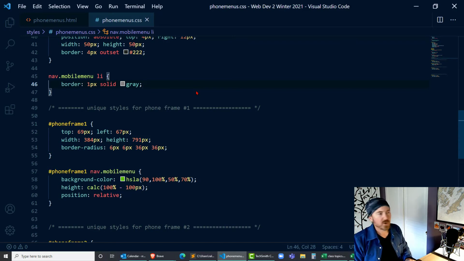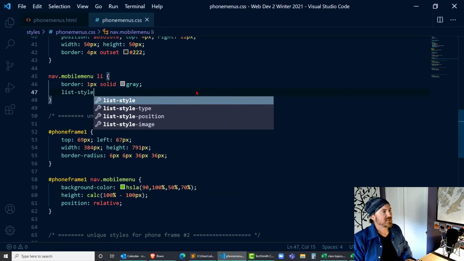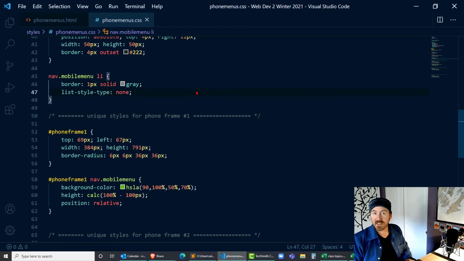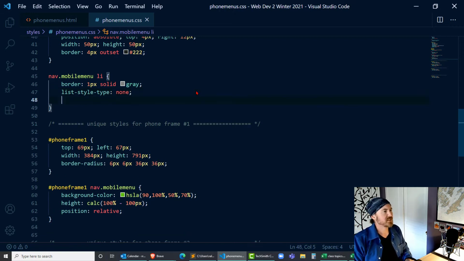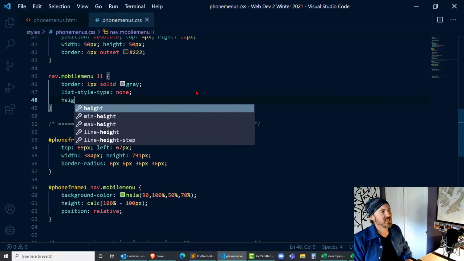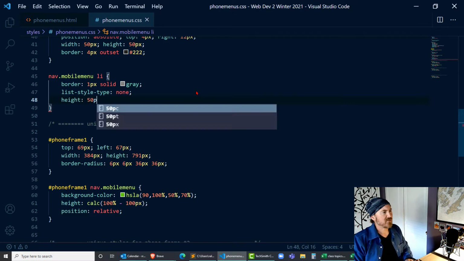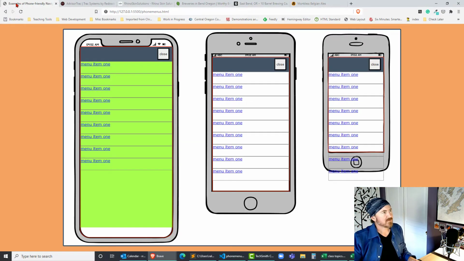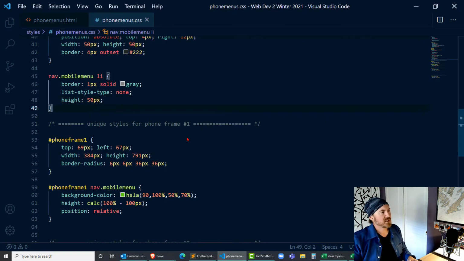Let's go ahead and do a few other things here. List style type none is going to get rid of the bullets on those list items. And let's go ahead and set the height of these to be 50 pixels. It's going to make them nice and big and chunky. However, what I really want to be big and chunky, of course, is the anchor tags that are within those list items. So I'm also going to create a rule,